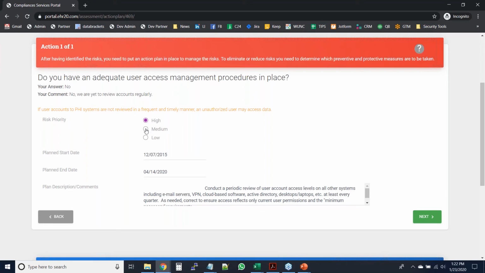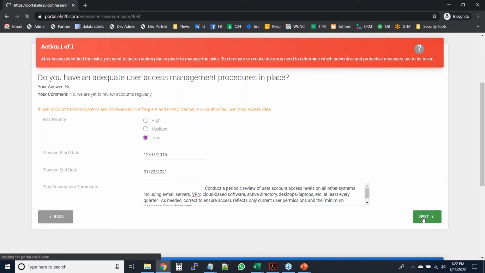And then the risk priority might be medium in your area, because you're managing all this information internally, and people need to be on your LAN network to even access your system, so the risk is medium for you, right? Or it could be high if it is external and you don't have a VPN connection and so on. So you can basically change the priorities, and then you will add your plan descriptions